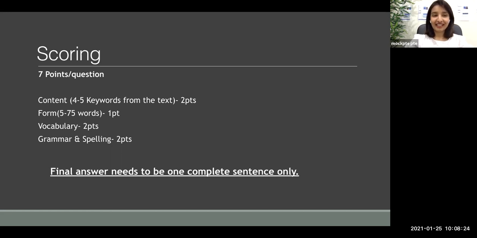An average length of around 40-50 words should be good enough, because if too long you might end up with grammar mistakes, and if too short you won't have enough content keywords. So somewhere in the middle, 40 or 50 words would be sufficient. But then again, 60, 65, 70 is not wrong, and 10, 15 is not wrong. It is better to write a medium number of words, around 40 or 45.